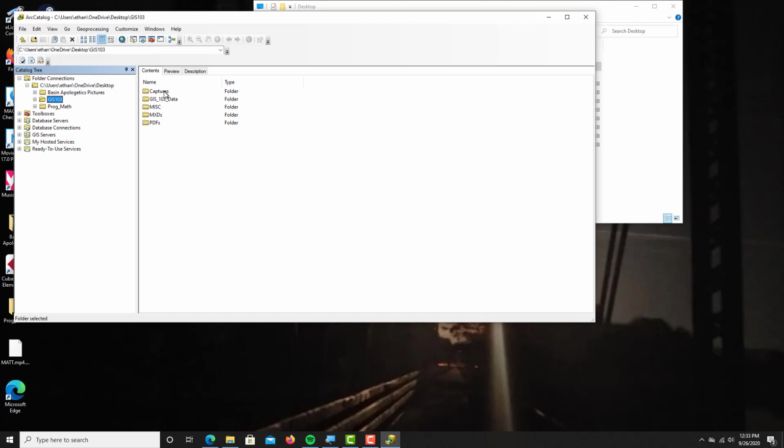So if I ever tell you to do a screen capture, this is a folder you can save it in. If you ever have to download some data from online, you can put it in the miscellaneous folder. MXDs would be where we save any of our ArcMap documents, and PDFs would be where we save any Adobe PDF files. So we're going to look inside this GIS103 folder, data folder. You'll have two folders in there. One's empty, the GDBs, one's empty. And if we look inside the shapefiles one,